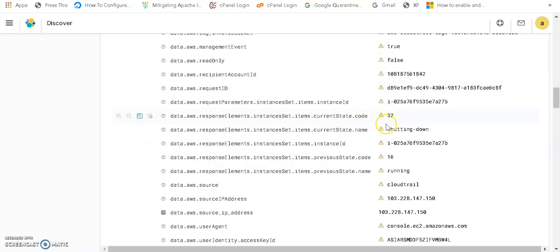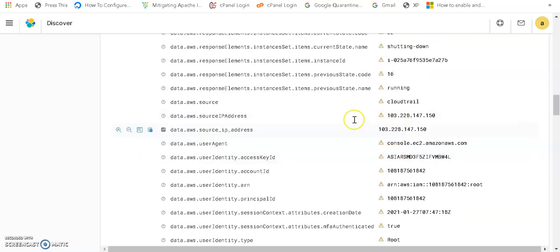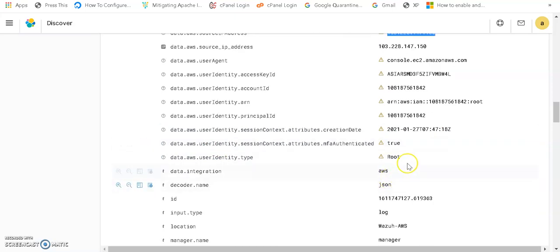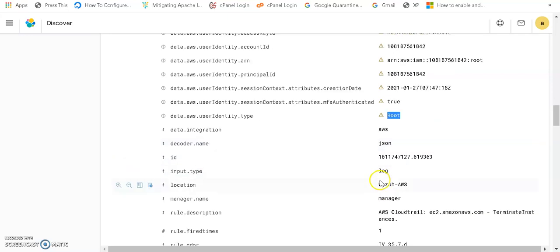Then the source IP address, meaning from where I am executing these commands, so my IP address is being captured. The user agent is console.ec2.amazon.aws. The user identity shows I am using my root account for that.